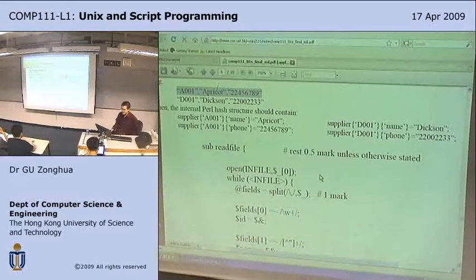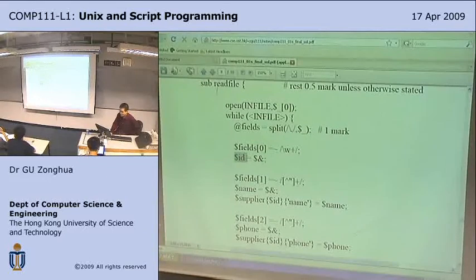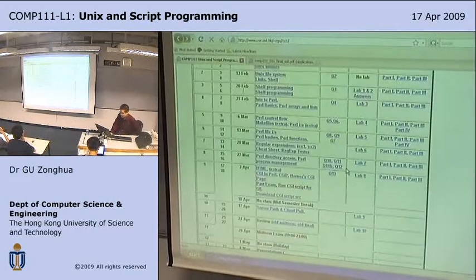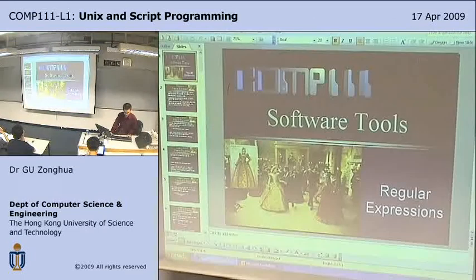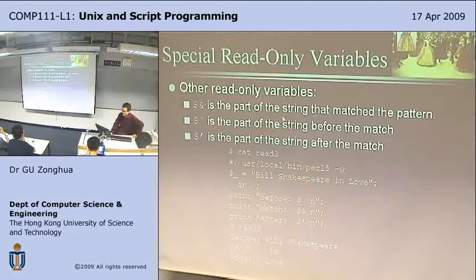And then you do regular expression matching to grab the different fields. So $ID stores each field in a separate scalar variable. So what is $&? If you remember, $& is the part of the string that matched the pattern. Back quote is the part of string before the match, and single quote is the part of string after the match. So after you do a match,